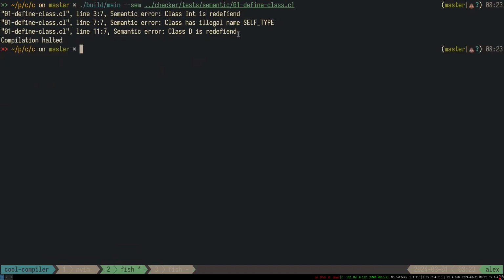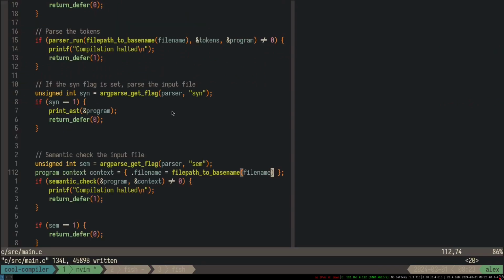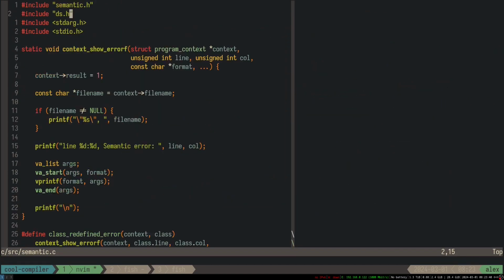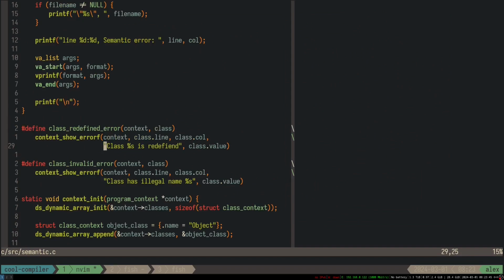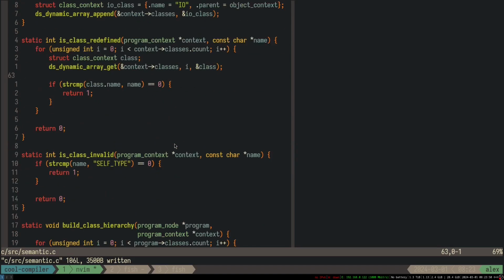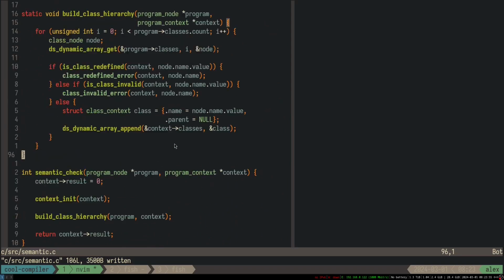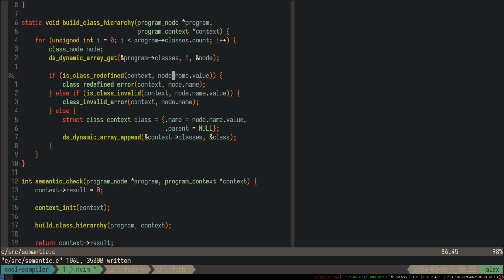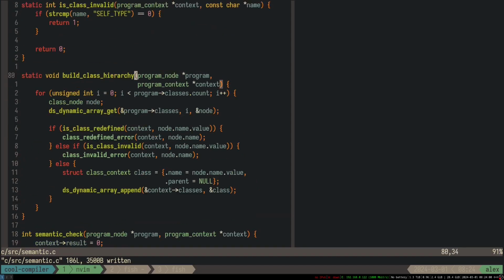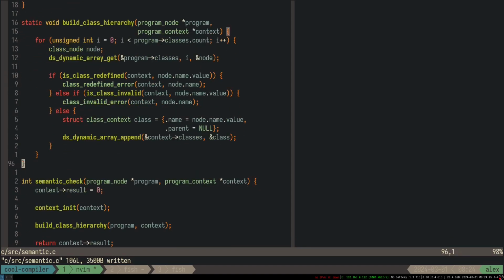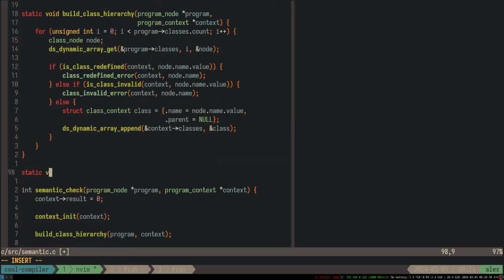Oh, but I made a spelling mistake in semantic.c. This should be redefined, NED, redefined. Okay, so actually that's good, right? So we build a class hierarchy, but build parent hierarchy would come next, I guess. So static void